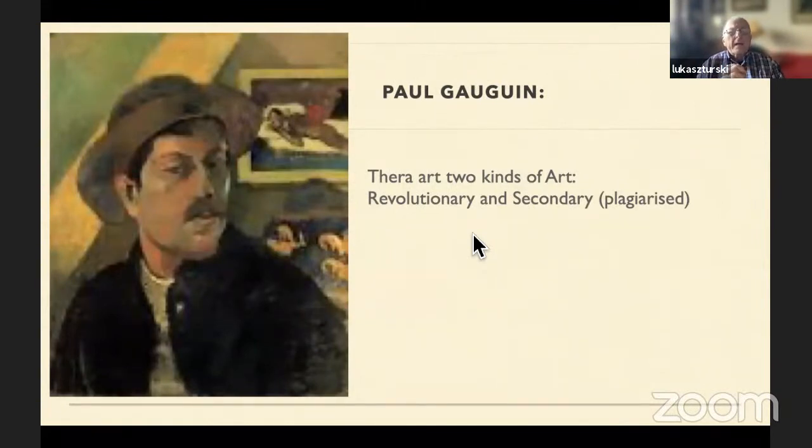That is a statement attributed to Paul Gauguin. This is an autoportrait of Paul Gauguin, one of the pre-impressionists and impressionists. And there is this sentence: there are two kinds of art, revolutionary and secondary, plagiarized. The revolutionary art is, in the Gauguin sense, the art which tries to break the rules of existence and tries to invent a new